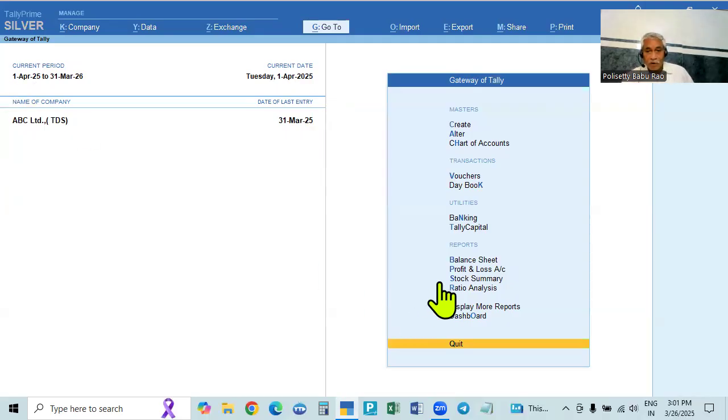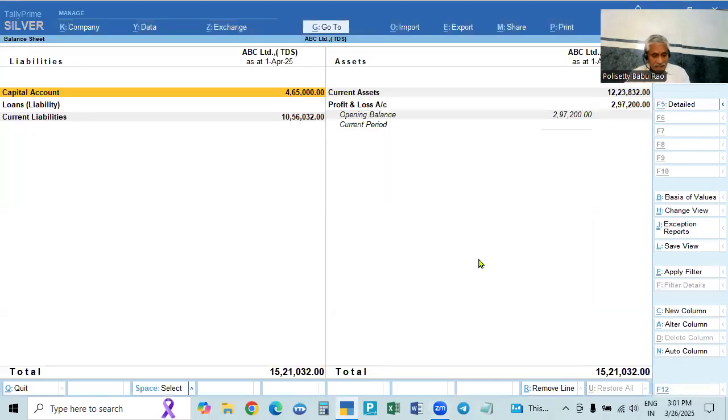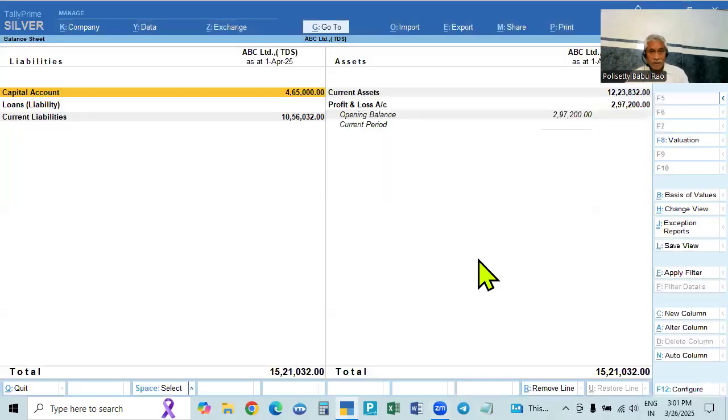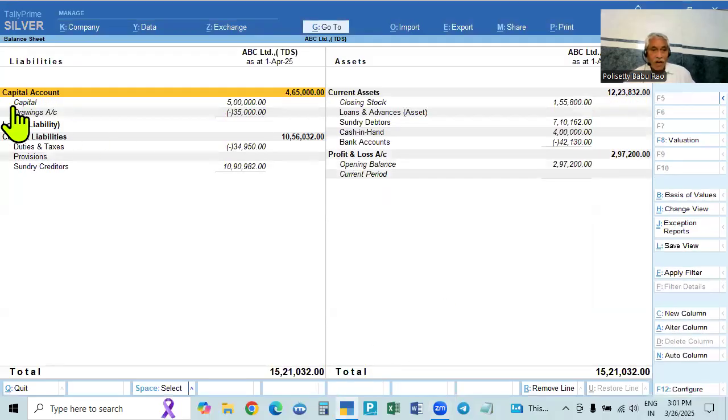Okay. So in this period, if you go to the balance sheet, Alt F1, see, all the details along with this amount. The loss also. So last year that was the loss for that period. Last year it showed as the current period. Now it is showing this as the loss for the last year, last period. So opening balance means last period. All the balances are opening balances for this year, that is, all the balances on 1st April. So all the balances are carried forward. So 5 lakh, 15 lakhs, 21,032. It was the balance in the last year also. So that balance sheet total is carried forward with all the balances.